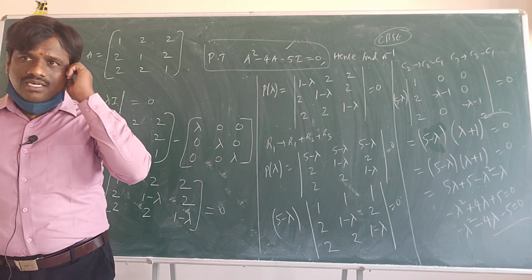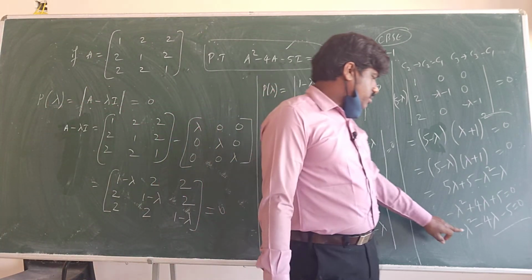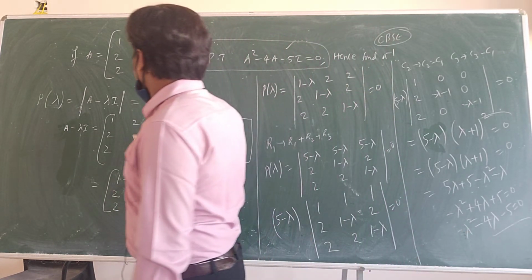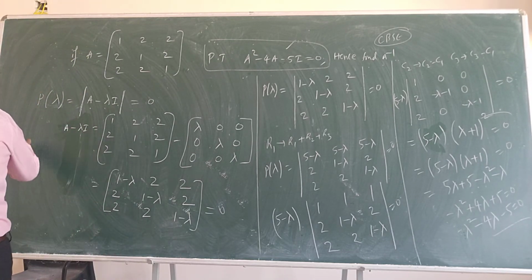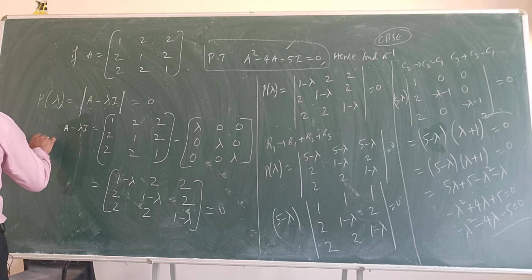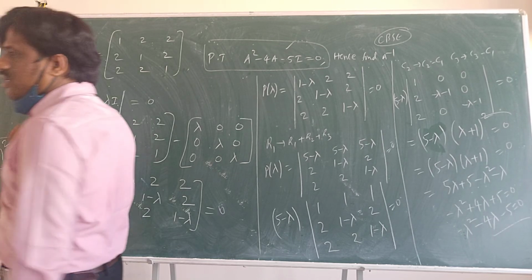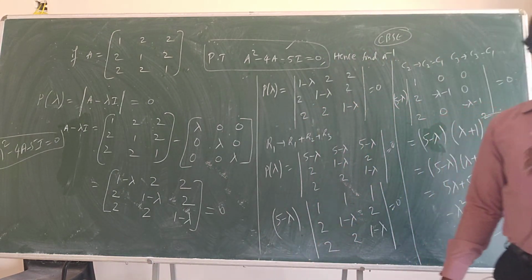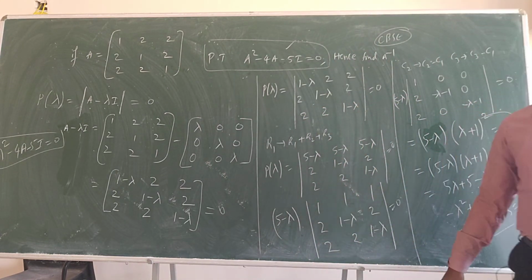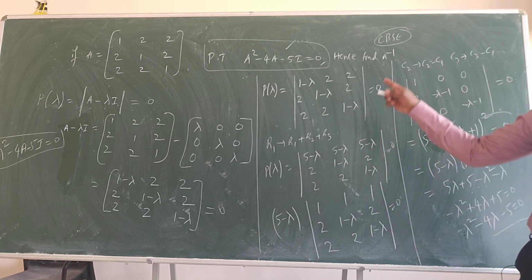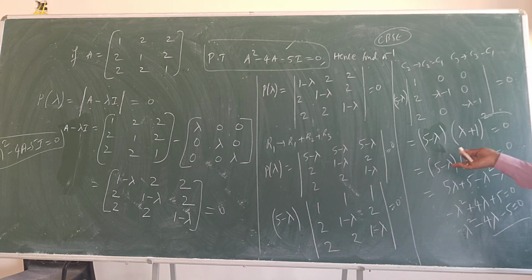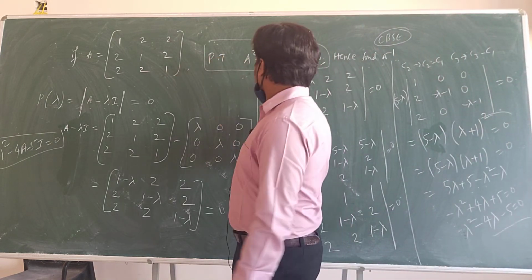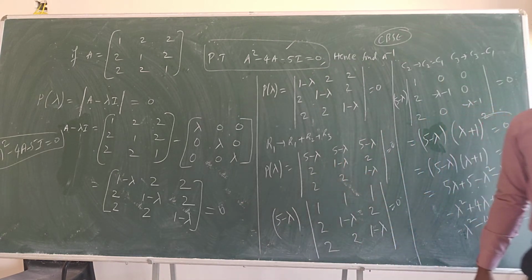By A, I told you. Lambda should be replaced by A. So you got the polynomial of this matrix, that is A square minus 4A minus 5I. You have to write this every time. Not only the number, in matrix form when you are writing a constant, we write it into I. So by using the Cayley-Hamilton theorem we have solved. This way also you can write it in the exam, no problem. In boards, if directly asked, use this one, substitute here, you can do it either way, both okay.